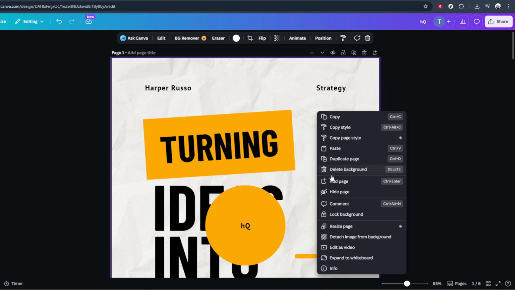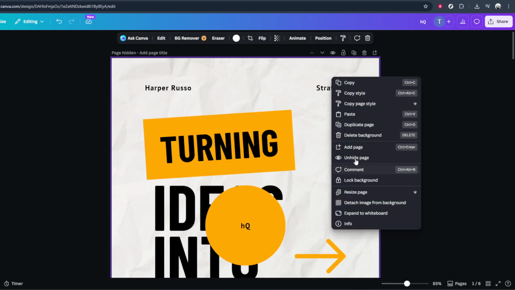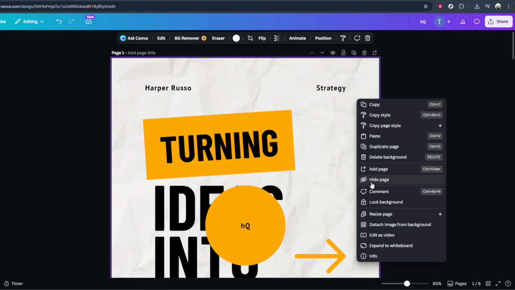So, to recap the idea behind it, clicking on the eye icon above the page lets you quickly toggle visibility on and off, and right-clicking on the page gives you a menu where you can choose the hide or unhide option. You're not creating or deleting anything. You're simply changing whether that page shows up in your final download, presentation, or preview. Once you've finished unhiding the pages you need, you can scroll through your design to make sure everything appears in the correct order and that all the pages you want to share are now visible. This way, your final design will